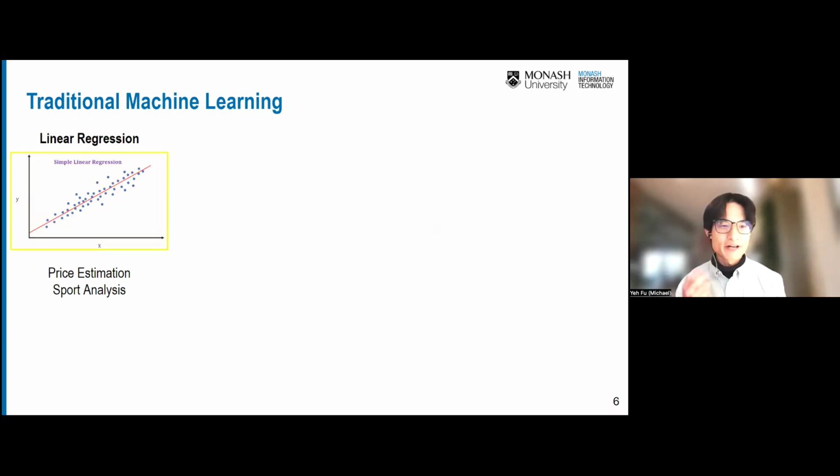Those are our input data. From these input data, what do we want to learn? We actually want to learn the red line, right? That's the linear regression function. So what would be the use case for this kind of function? We can do price estimation based on some features. If we want to sell products, we can collect some features from the product, and then we estimate the price.